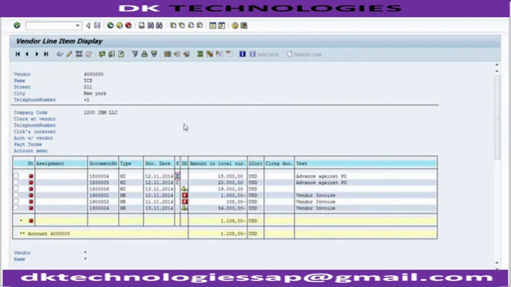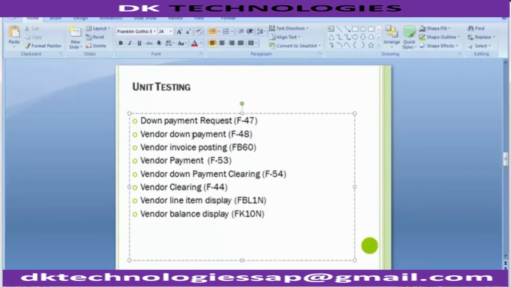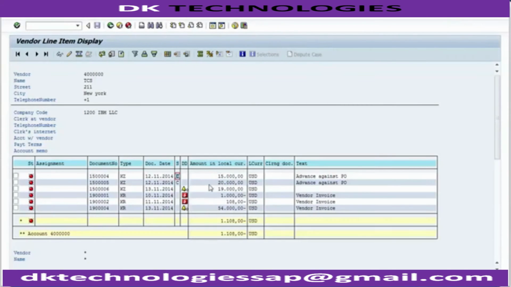When you make any special GL transaction with the indicator, that is termed as a special GL transaction. So I want to convert my special GL transactions to a normal transaction. When you want to convert your transaction to a normal transaction, in that case we use this transaction code F-54, by which it clears the down payment line item, that is this line item, and it